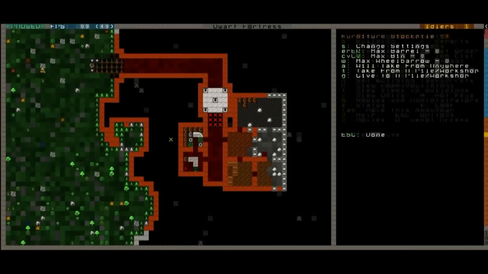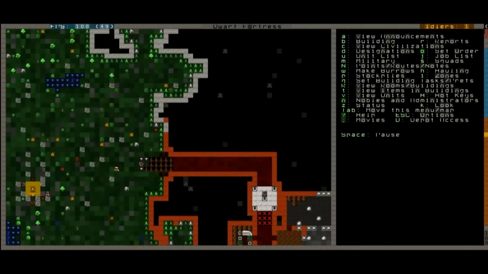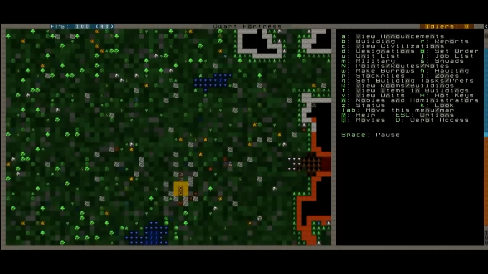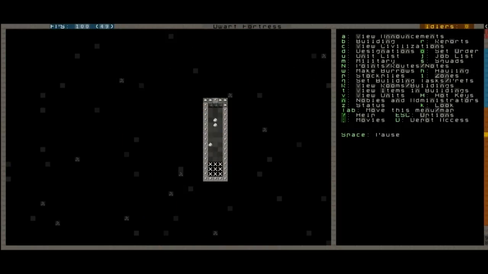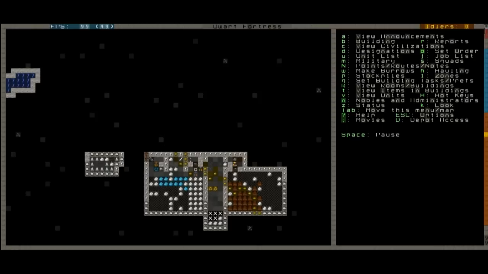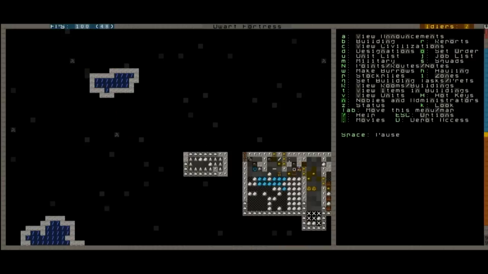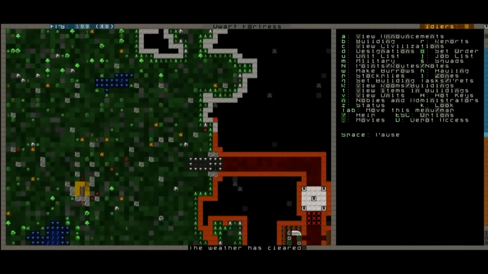What else is going on? Okay, that's looking good. It's working on it. Got some plump helmets going there. Alright. Let's see, what next? Just kind of curious about what kind of migrants we're going to be getting. But even then, let's see. Once that's finished...